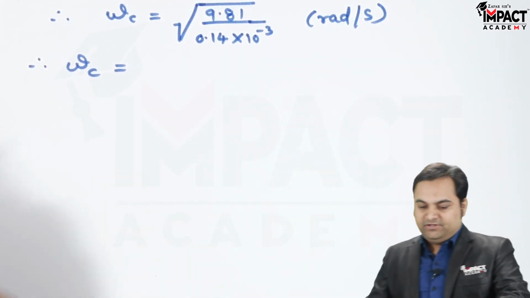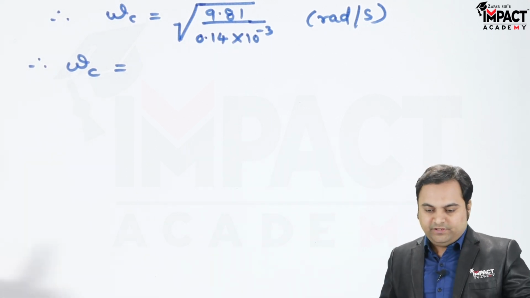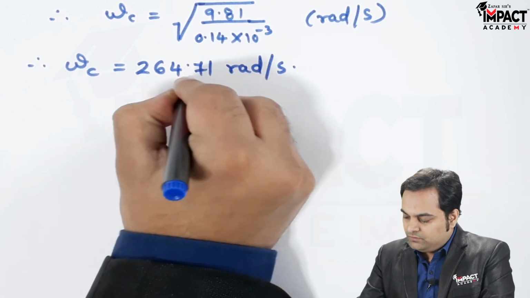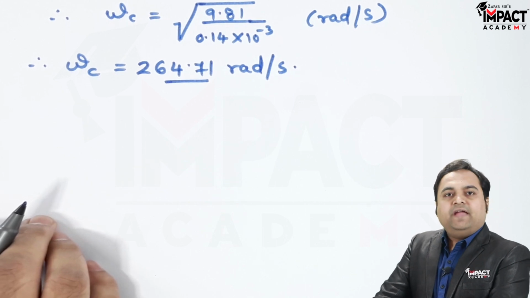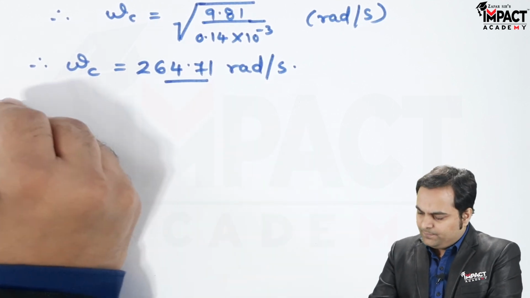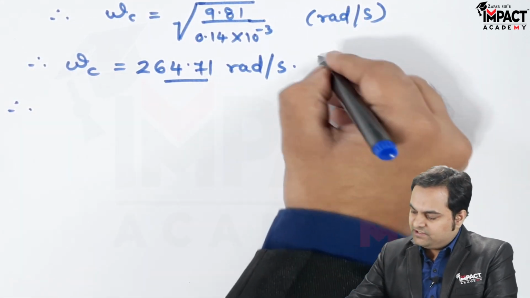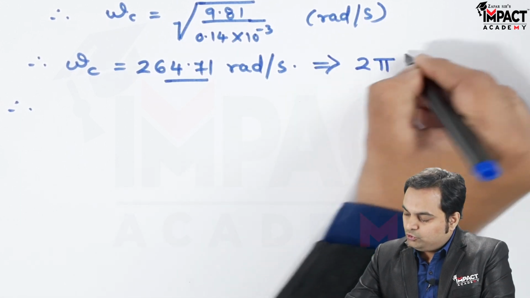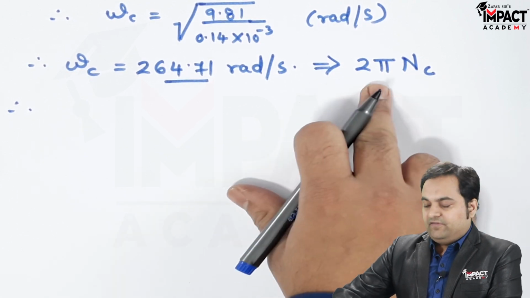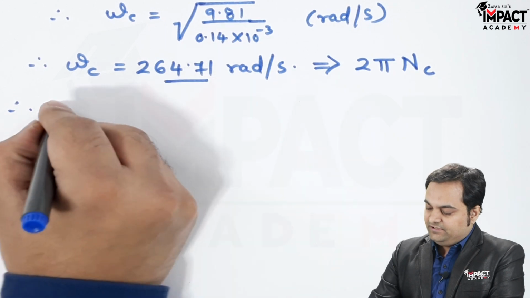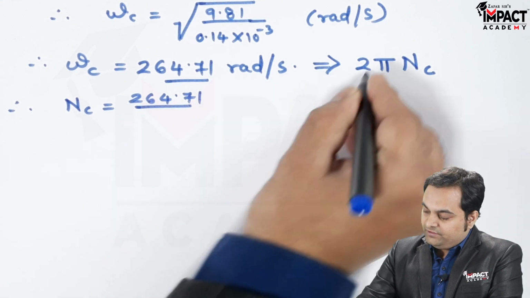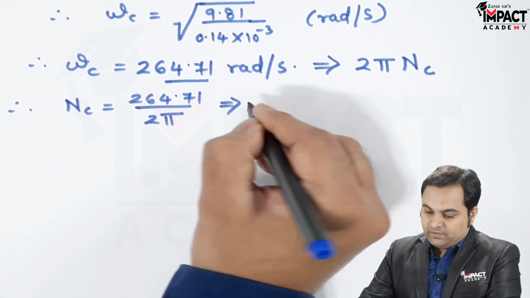So therefore the critical speed, when we calculate it, comes out to be 264.71 radian per second. So that is the critical speed, or we can say the angular velocity or the angular speed of shaft, which is the critical speed. And therefore now to convert it into RPM, since omega c is also equal to 2 pi nc, now this will give me the speed in terms of revolutions per second, that is RPS. So first I'll say that therefore nc will be equal to 264.71 divided by 2 pi, and it is